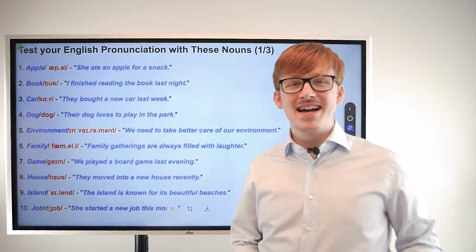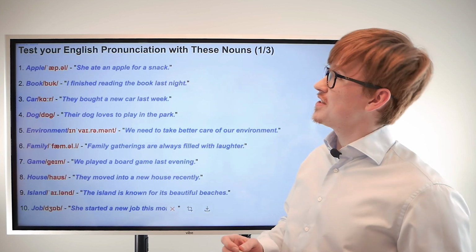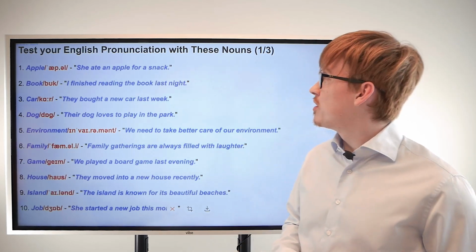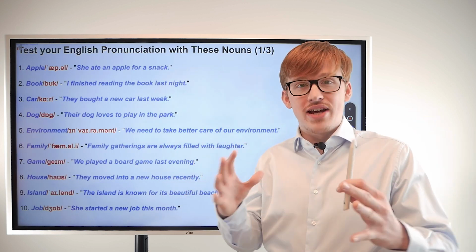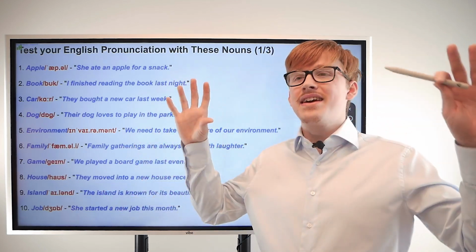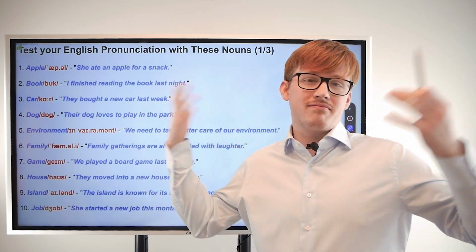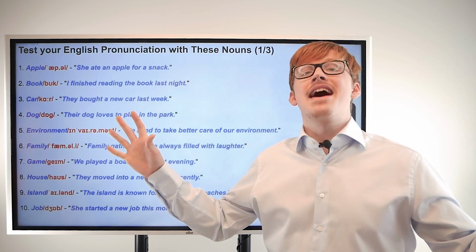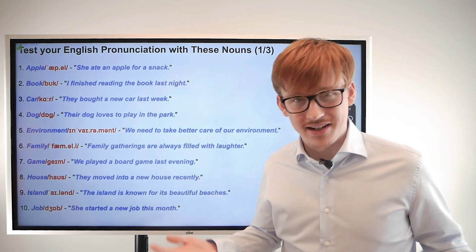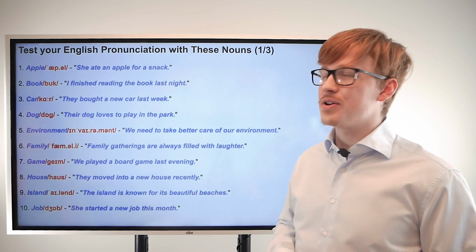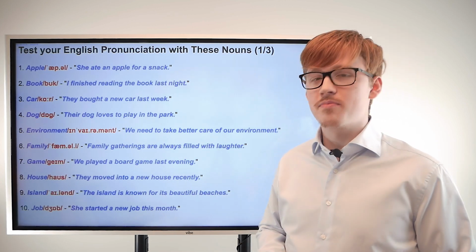My name is James and today we are going to be testing your English pronunciation with these nouns. So what is a noun? A noun is an object, it's a thing or a person. Anything that you can see, hear, smell, think, any kind of sense, it's a noun. So we have many nouns in English and we are going to be going through 30 of their pronunciations in